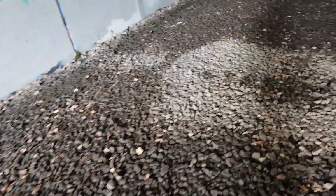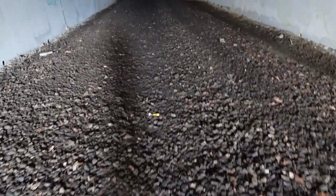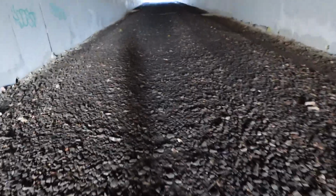If I remember rightly, you could see the marks last time I came, I mean it was a long time ago, but last time I came down here you could actually see the marks of the sleepers going across. Because this line was single track from the beginning. As I mentioned earlier, and probably numerous times in the last video, it was built in 1856 and the stations